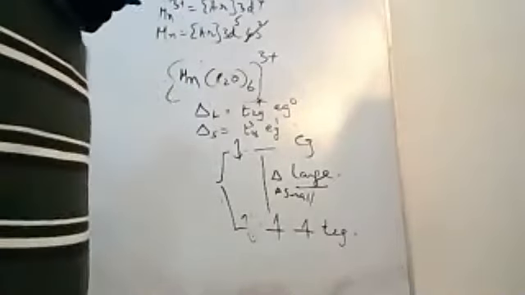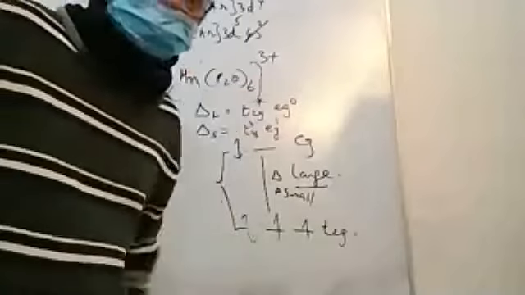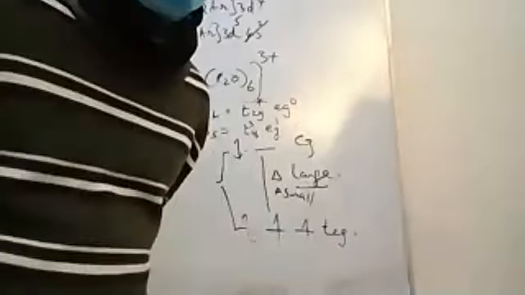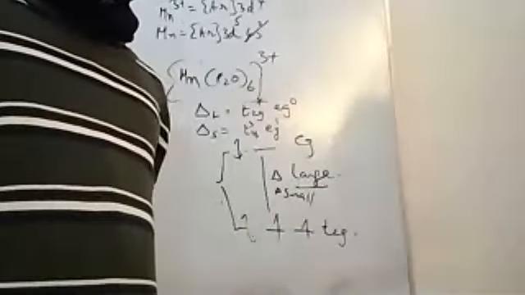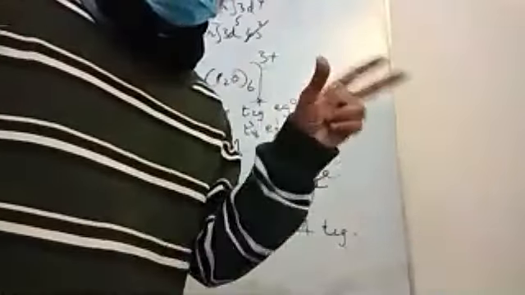What is the difference between them? This has 4 unpaired electrons. This has only 2 unpaired electrons. So if you calculate the magnetic susceptibility, it will tell you what the delta might be. You can also do optical absorption spectroscopy to know exactly what the splitting is, whether it's large or small. A large splitting means the wavelength will be smaller. On the other hand, if you have a small splitting, the wavelength will be larger. So by looking at the wavelength of absorption, you should be able to qualitatively say which one is a large splitter and which one is a small splitter.